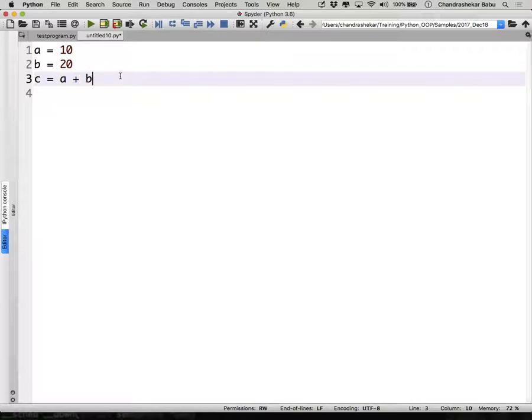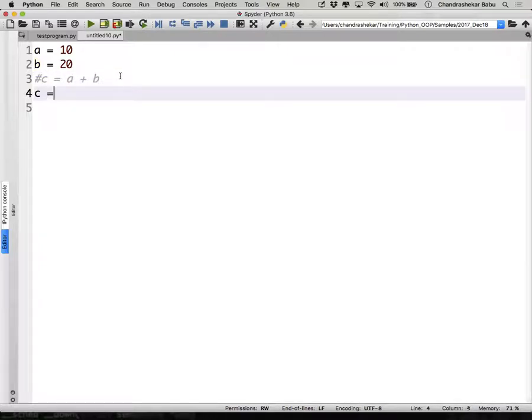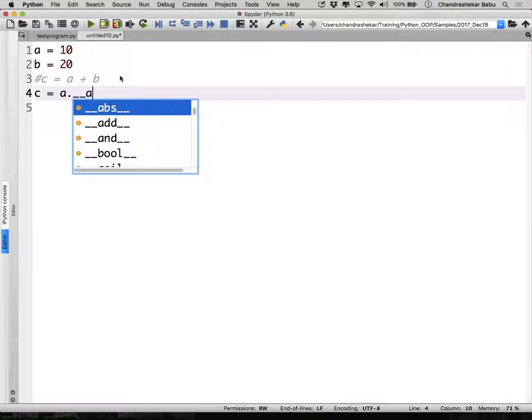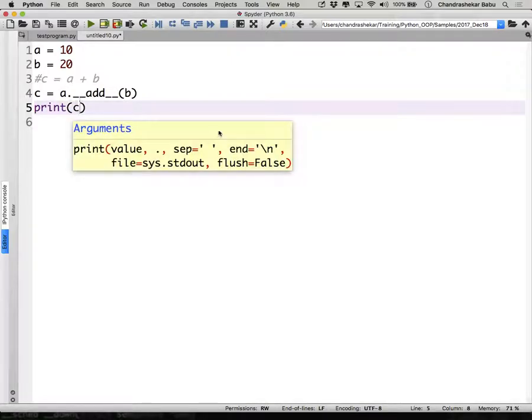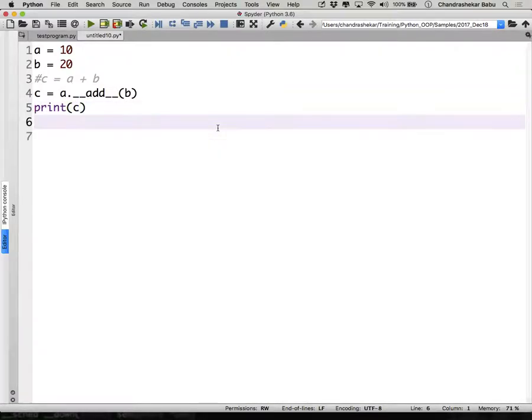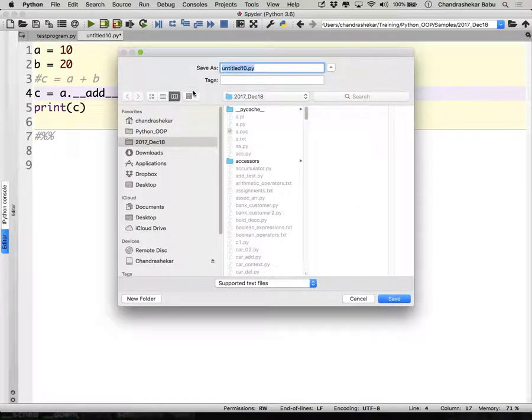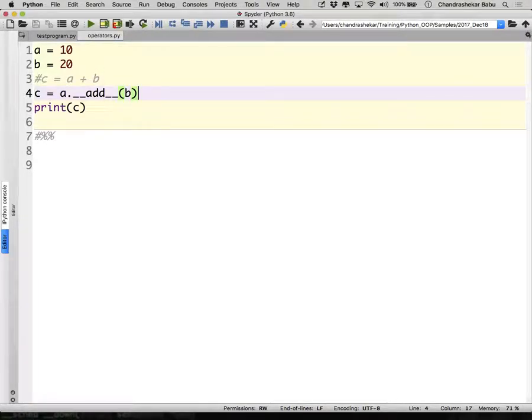But when I say C is equal to A plus B, this is compiled by Python as, I'll comment this line, okay? It will be compiled as C is equal to A dot double underscore add double underscore of B. Say print C. Just see this. See the result?